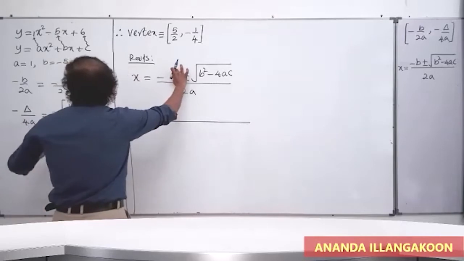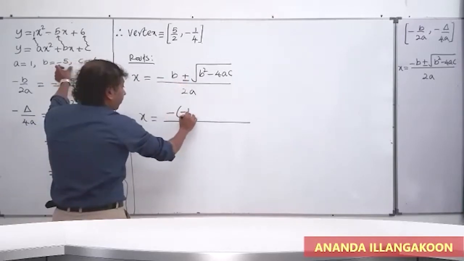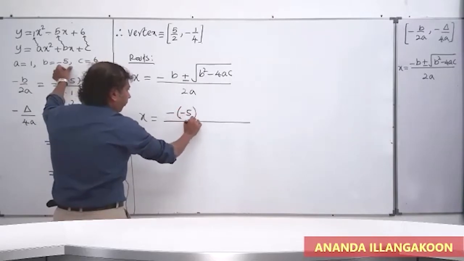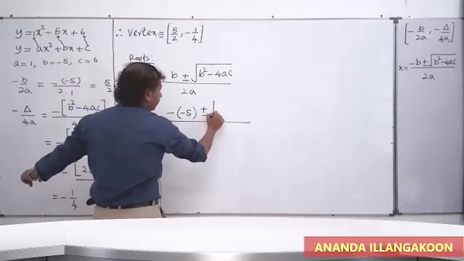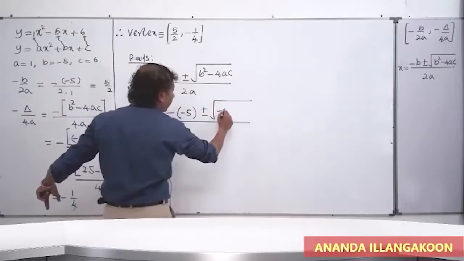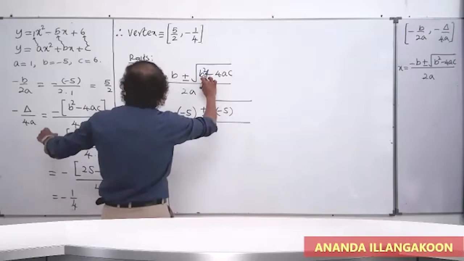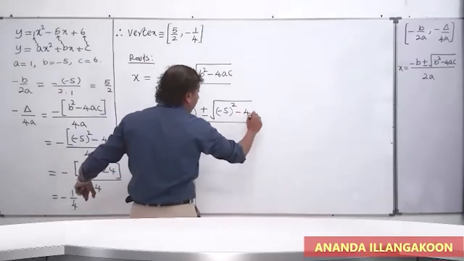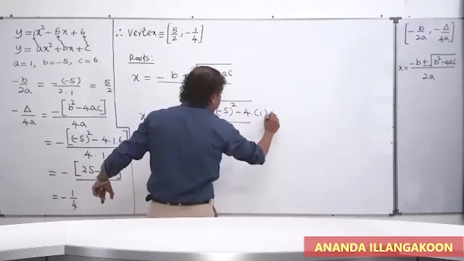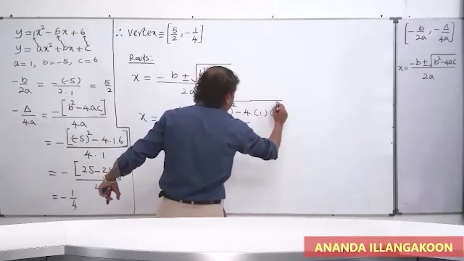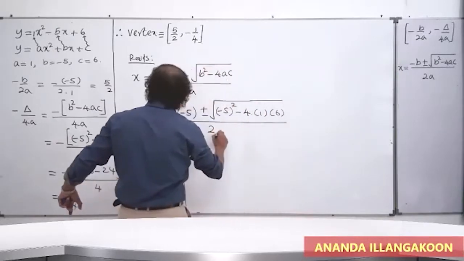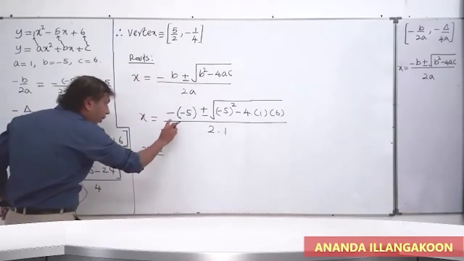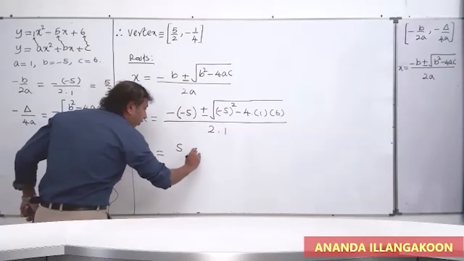Minus b. b is minus 5, people. Plus or minus square root of b squared, minus 5 squared minus 4 times a is 1, c is 6, divided by 2 times 1. Now we'll simplify this. x equals minus minus, we get plus 5 plus or minus